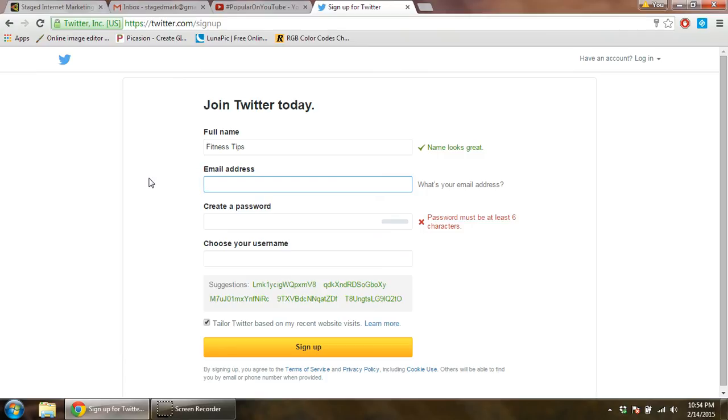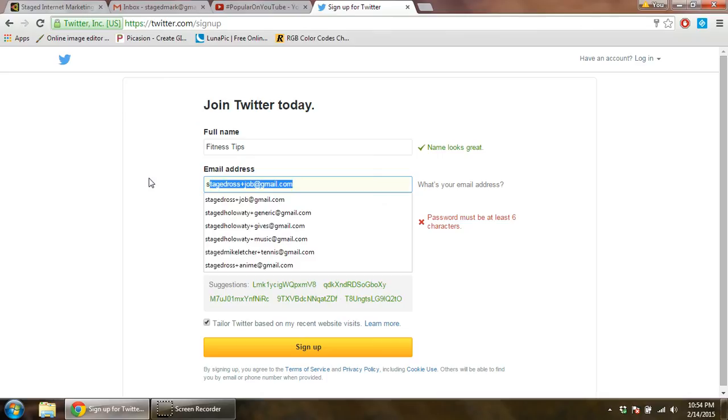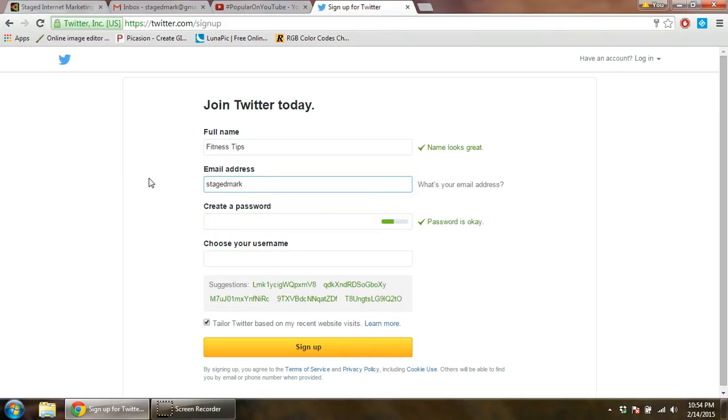Okay, cool. Now this is the really interesting bit, because most people think that you need 25 unique email addresses for 25 Twitter accounts. Is that the case? No, it is not. And this is that trick you were talking about. Exactly, yeah. This is why we use Gmail, guys. So what we're going to do is enter staged mark, and then put a little plus fitness